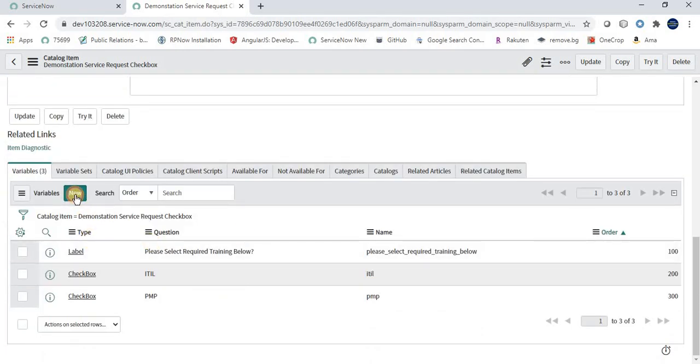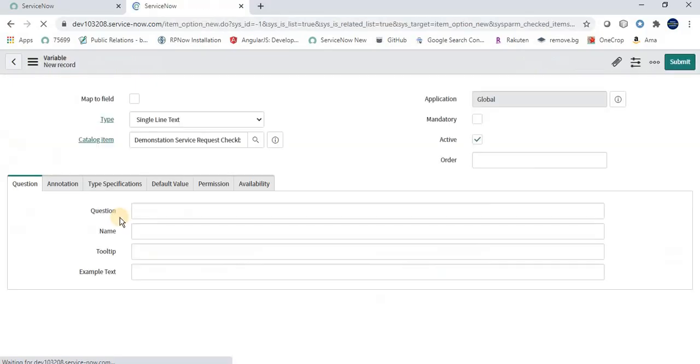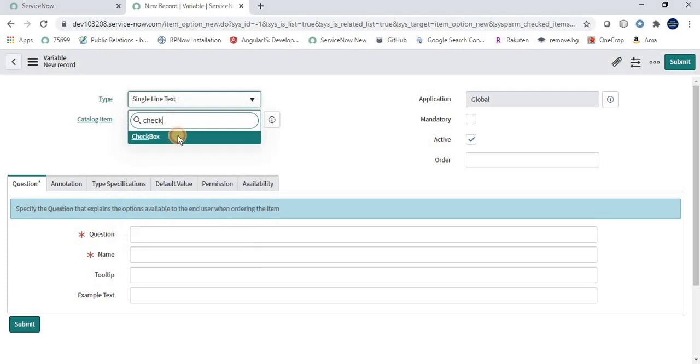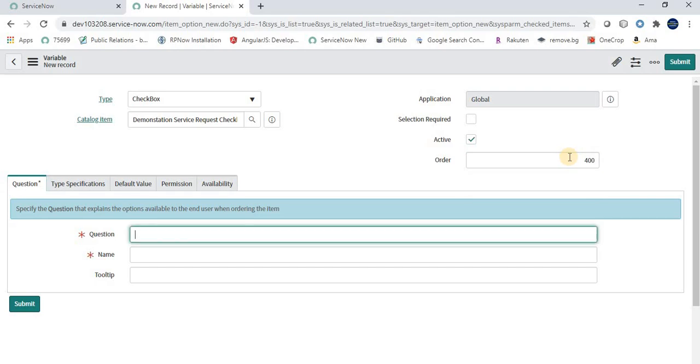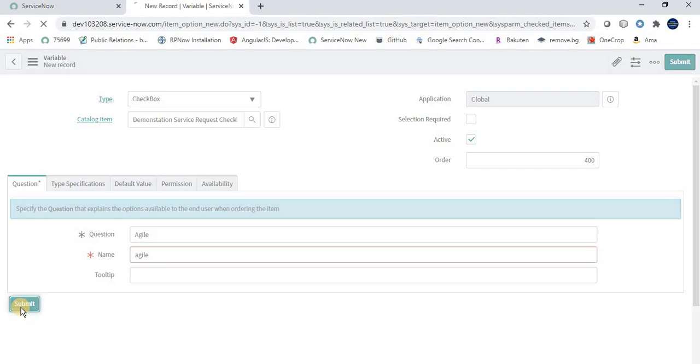Then let's say the third option, that is ITIL, PMP or Agile. Select checkbox, giving 400, Agile. Click on submit.